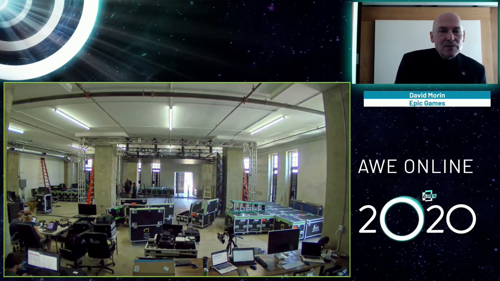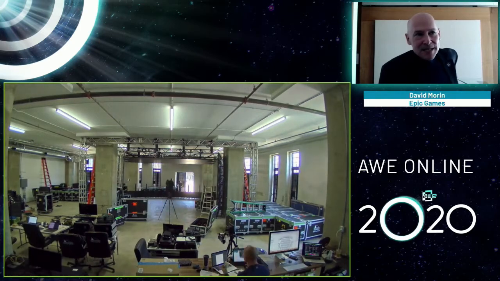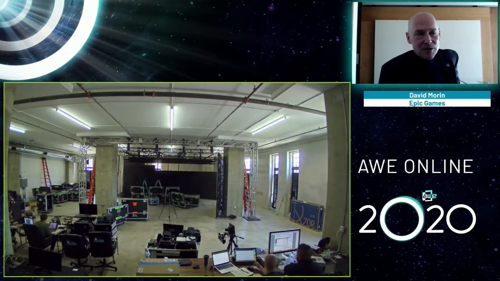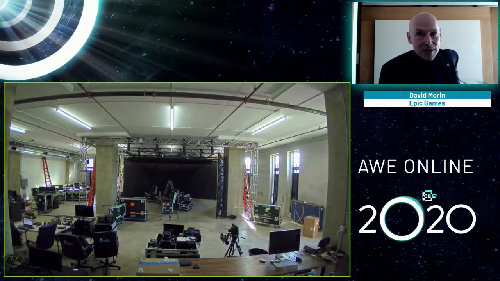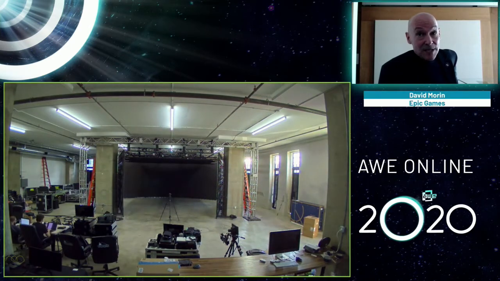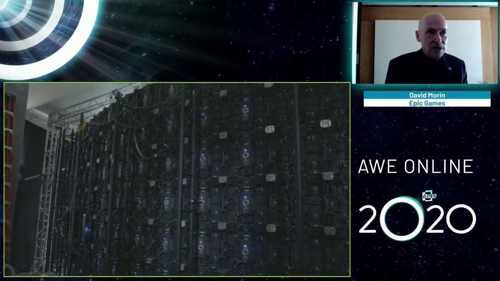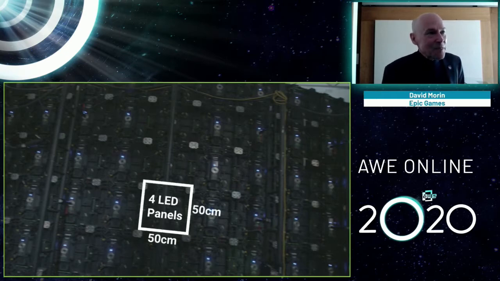So normally we would go into more details. I'm going to go super fast in the interest of time. So here you see the video wall as it was set up at our partner Lux Machina for that demonstration. The curved wall in the back with flat wall on each side and an additional set of panels for a ceiling is the way this was made. This is the video wall that's in the back that brings this augmented reality feel to the cinema, the cinematographers and the people on set.